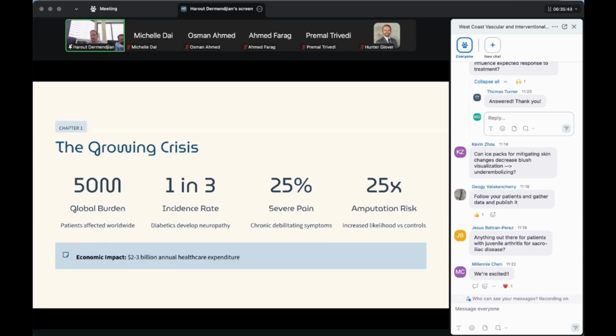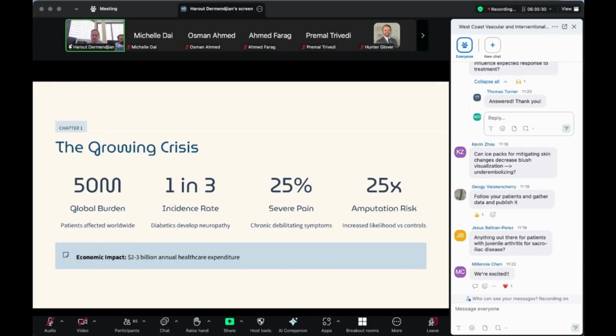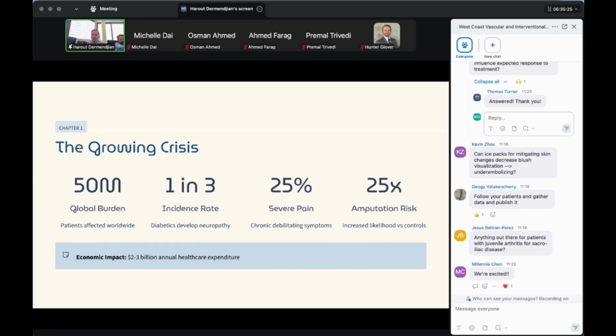And then incidentally, there's also been a higher amputation risk seen in these patients. And that's multifactorial, right? So they also have decreased sensation, so they might have wounds that they don't recognize. They might develop pain from a wound or painful ischemia and kind of ignore it and present later, a little advanced. And then the third is that by the time they get to severe painful diabetic neuropathy, their disease process is usually much more advanced. So just something to recognize if you're treating this diabetic PAD population is you're going to be seeing this a lot. And it puts a huge economic burden on our healthcare.